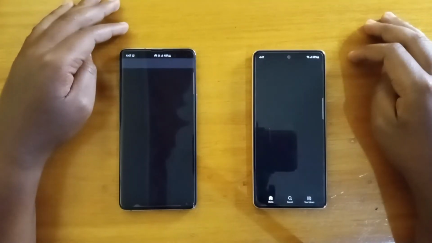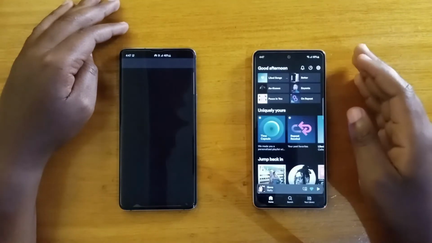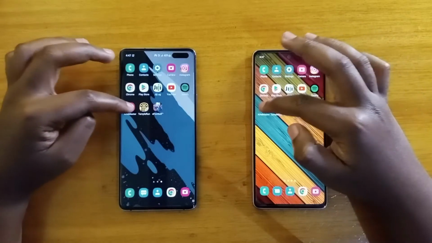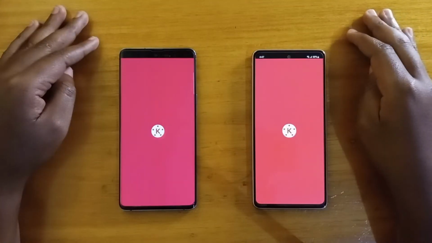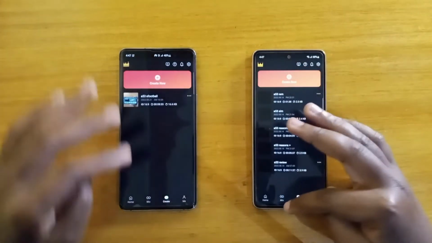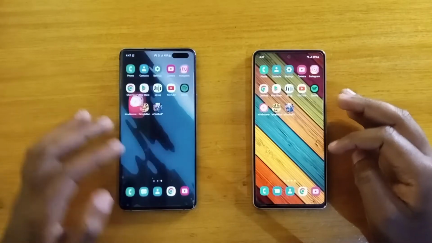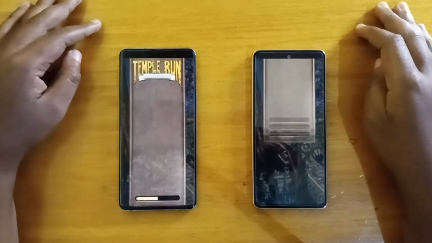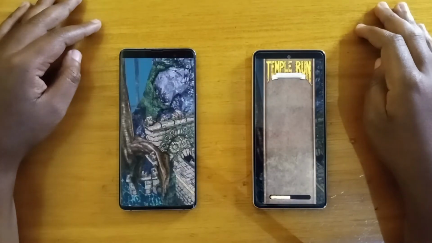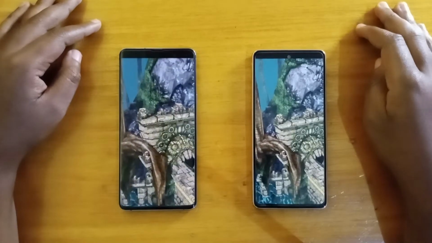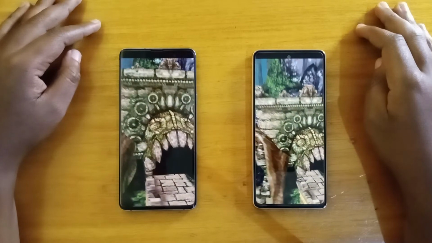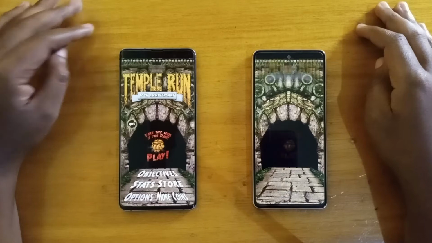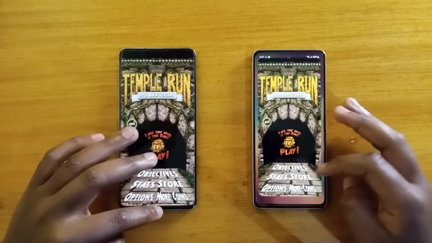Spotify, okay, that's the A53 5G that was faster. Master, okay, that was faster on the S10 5G. Temporan, okay, so the S10 5G was faster. Master,